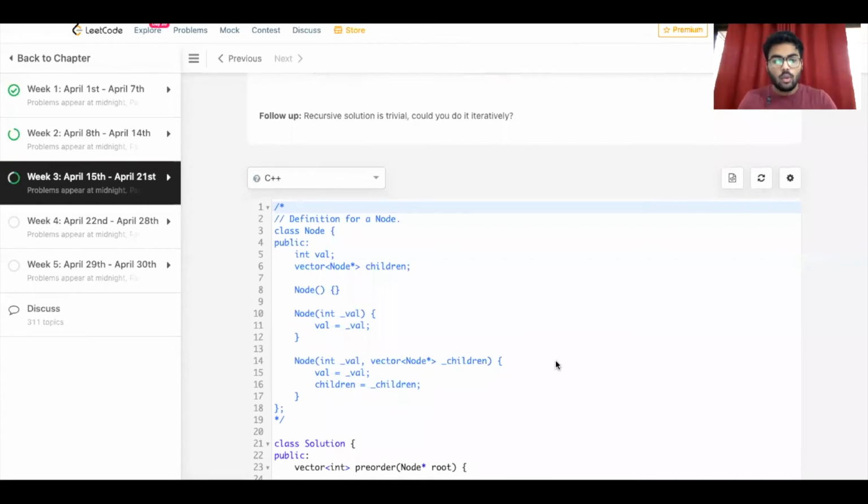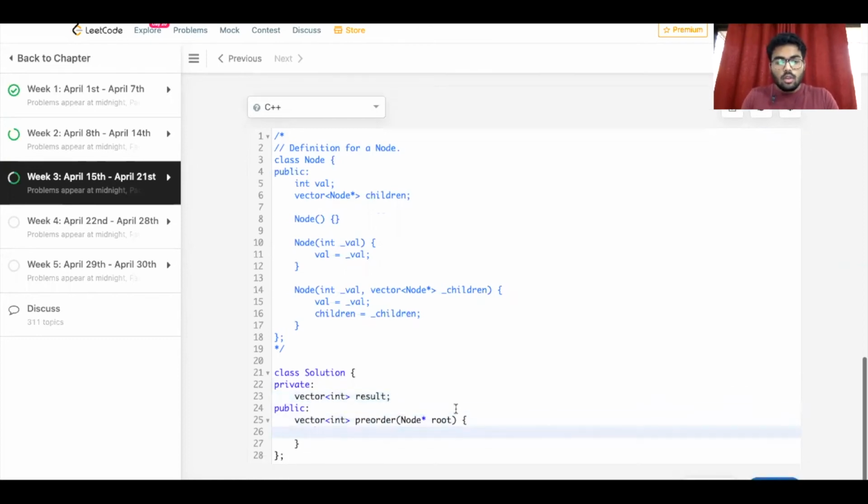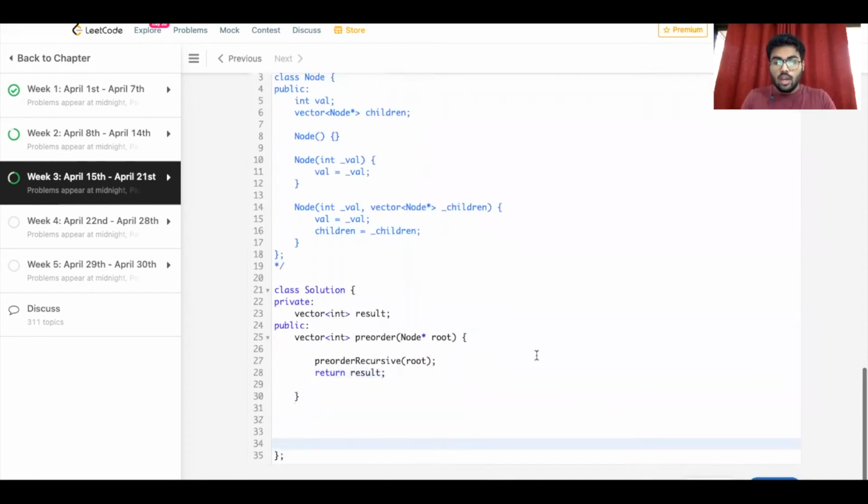Hi guys, so let's code the part that I explained just now. First we'll be solving it by recursion. I'll just be making a private vector of int where I'll be storing the results, which is in pre-order traversal. Now we call the function called pre-order recursive, where we will pass root, and then we will return result here. All right, now let's go to the pre-order recursive where we have to add the spice to the